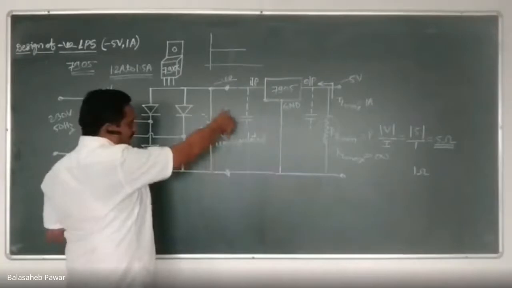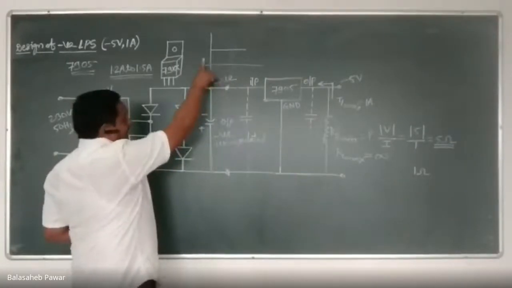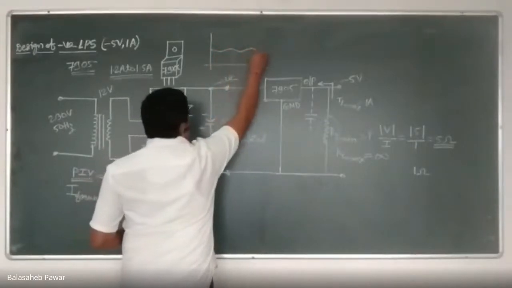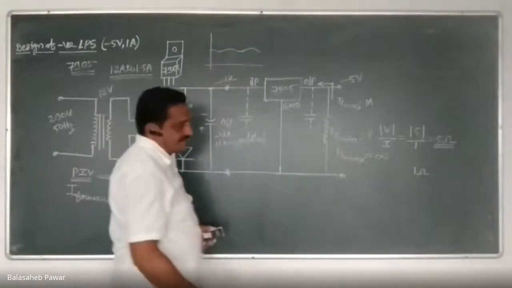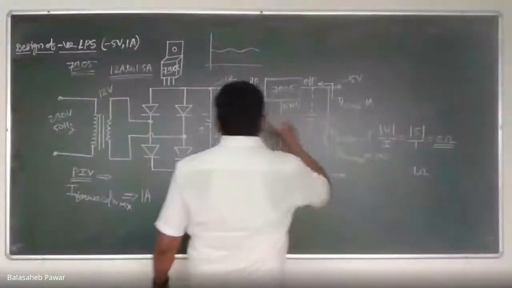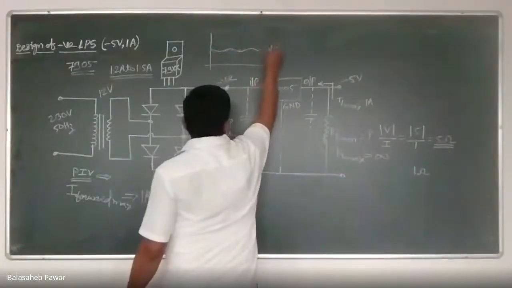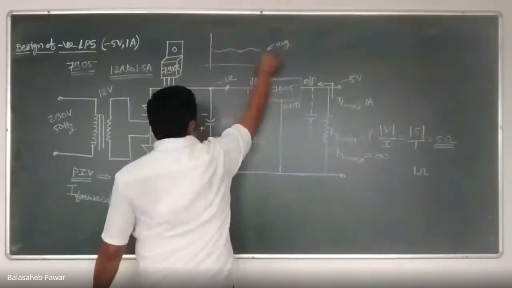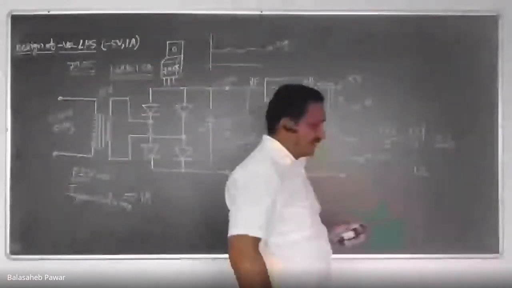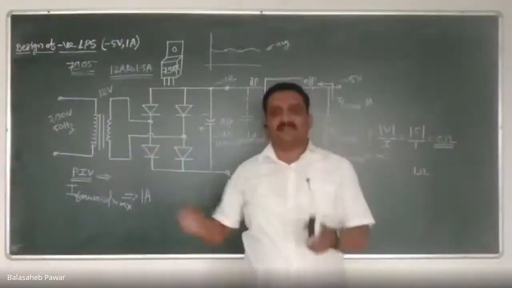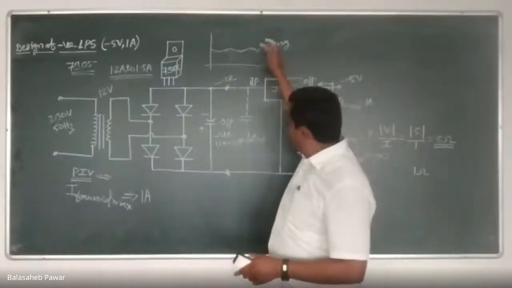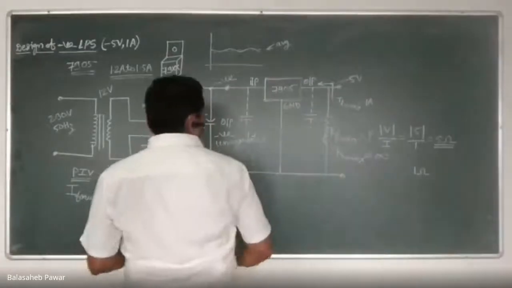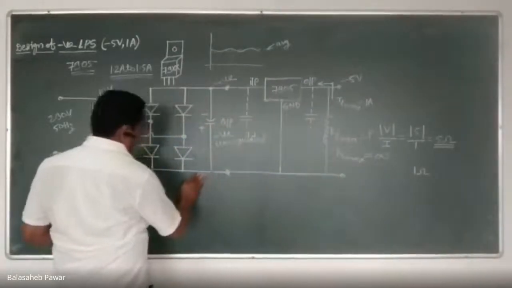By connecting a load, suppose you have connected a load over here, then this pure DC may get converted like this. That means fluctuation occurs in that DC voltage, and that's why its average value also gets degraded. If you find the average of this one, it will be somewhat less than that of the straight line. Previously, whatever I drew was a straight line to indicate pure DC. The average value also gets degraded, and that's why we call it unregulated. Now we'll see what is meant by regulated output.